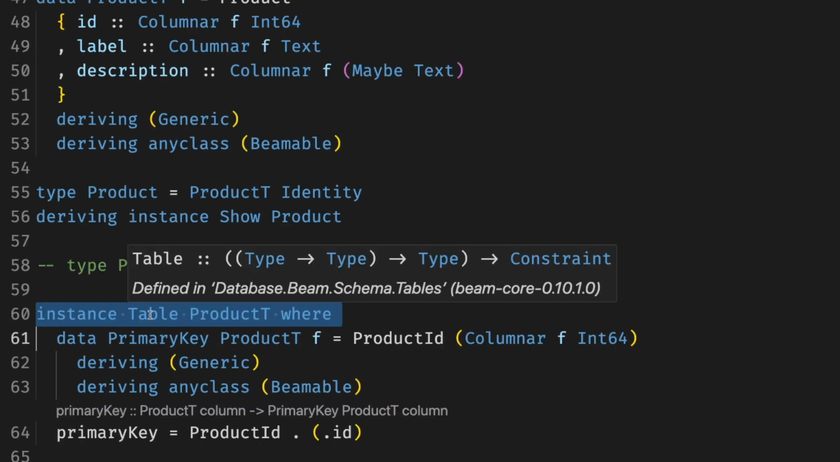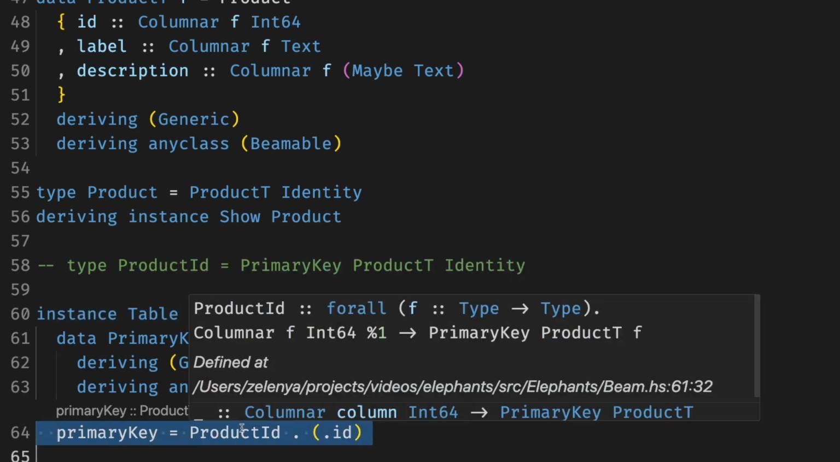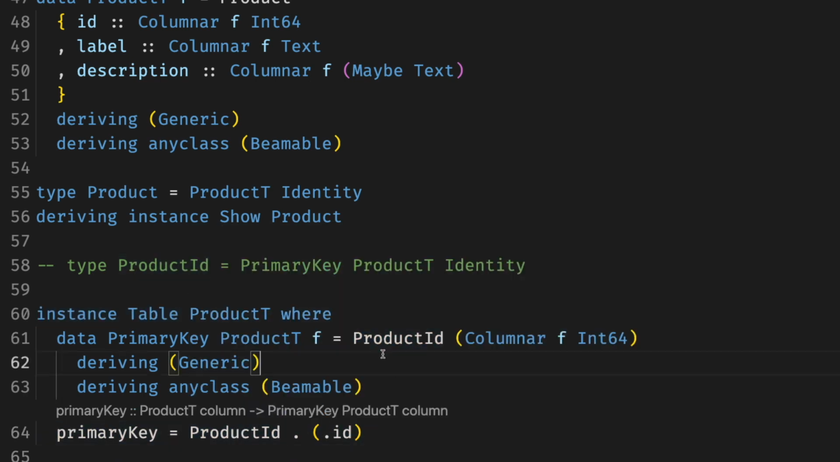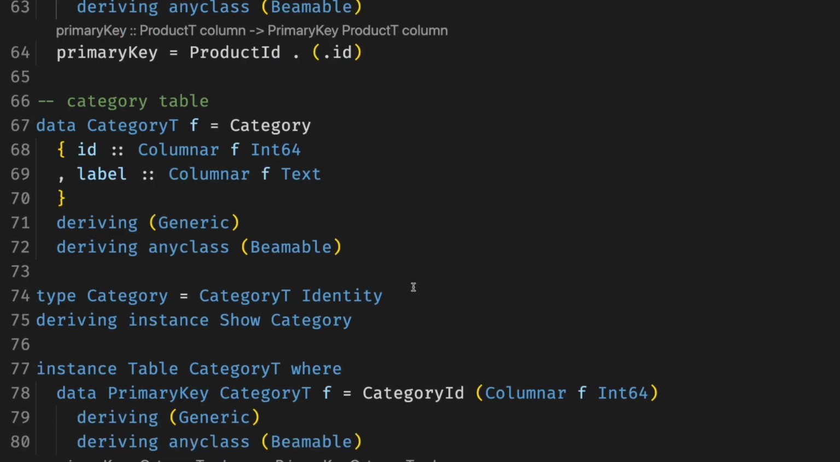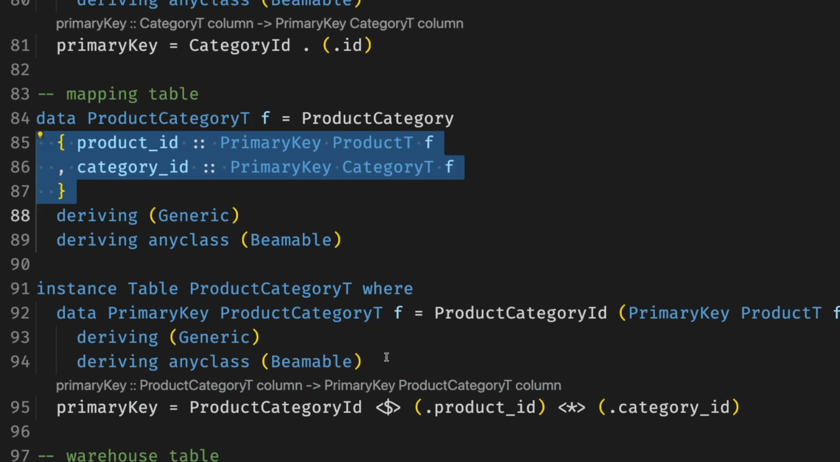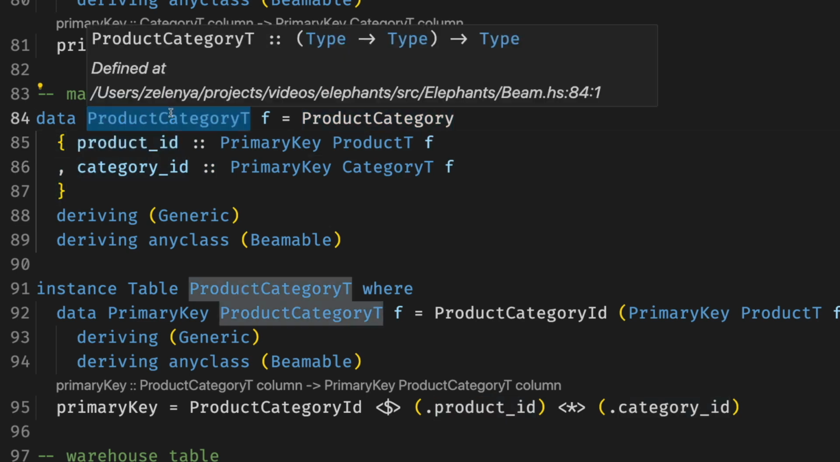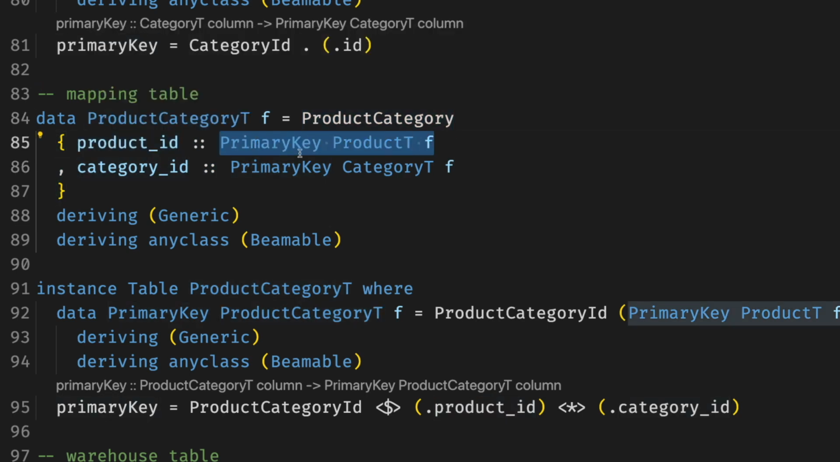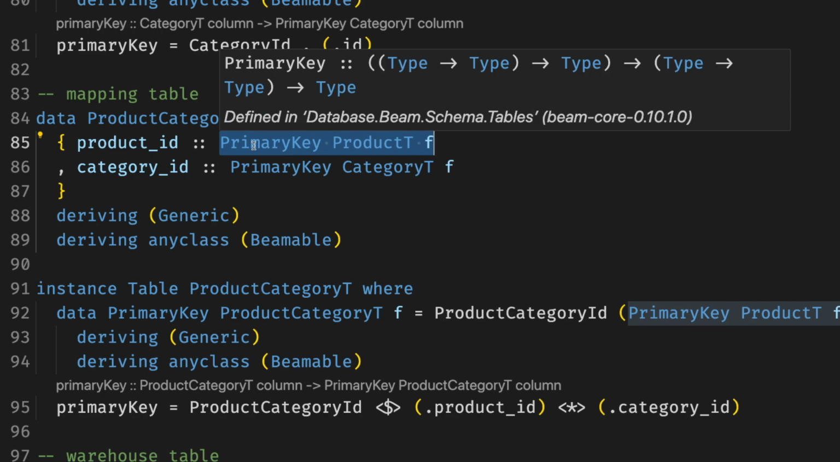The Table instance declares the types of primary keys for the table and the functions that extract them. Note that this ProductId from here is different from this ProductId. For details, see the Beam tutorial, which does a way better job at explaining what's happening here. All the other tables look pretty much the same. The only interesting bit is the foreign keys, or like referencing other primary keys, for example, ProductId and CategoryId in the product category table, because here we use primary key of something instead of just specifying columns as we